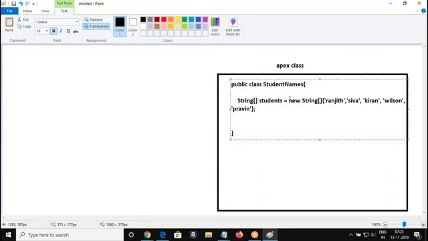This is actually static initialization, so this part we are going to have in a method or constructor. I move it into a constructor. Why put it in a constructor?